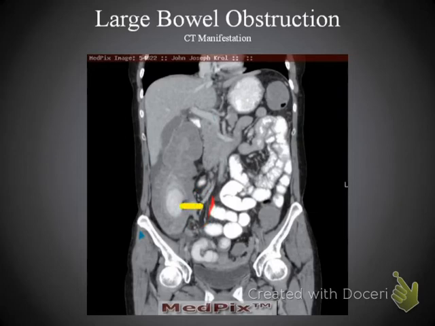And based on the location, we probably are going to presume that this is the ileocecal valve, where we're crossing over from the ileum to the cecum, because it looks like we do have maybe the appendix in this area too. But we do see that this is probably an obstruction where we're not actually seeing the obstruction, because the obstruction is probably somewhere around the transverse colon, and we're seeing the proximal portion dilated, whereas we're not seeing